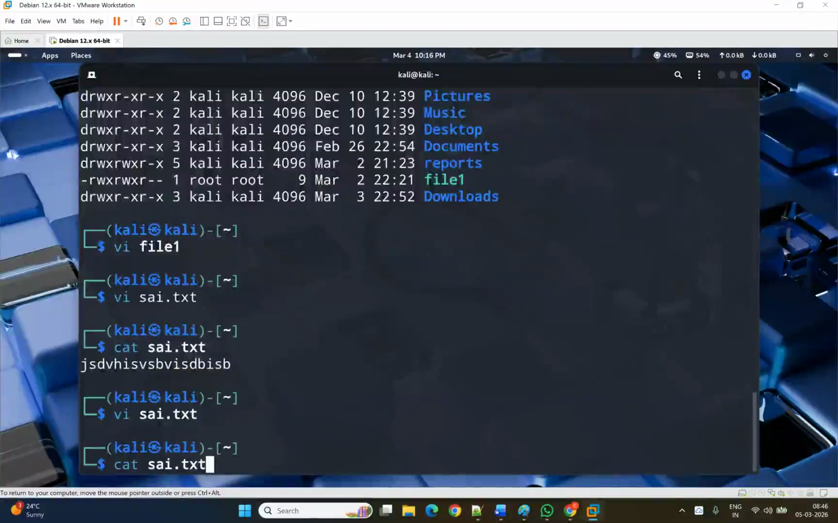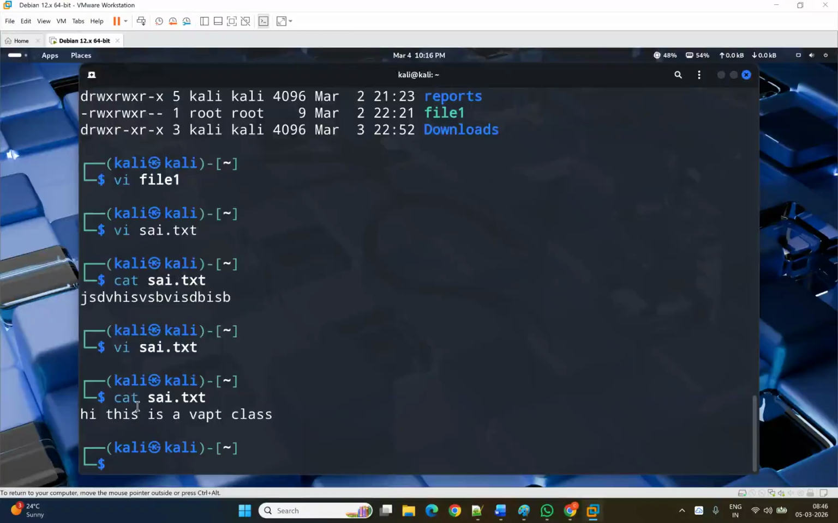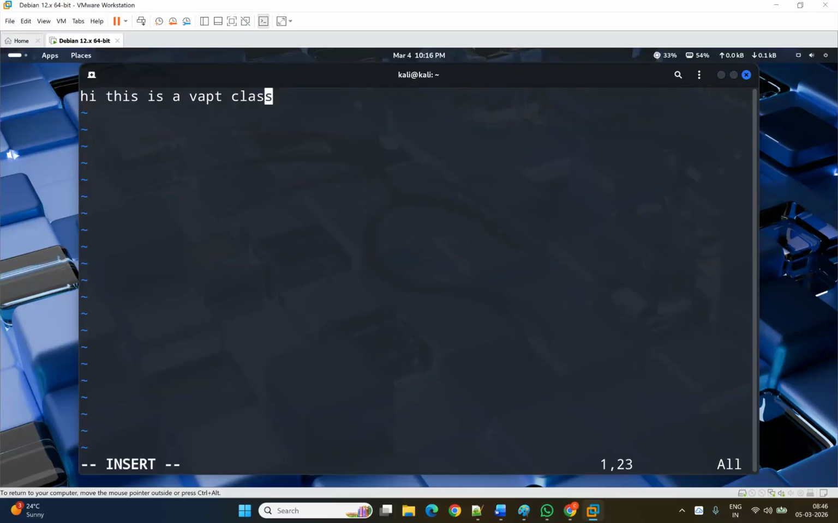Same thing, I'm going to verify whether it is modified or not. So cat psi, it is going to show like this. If I do the same thing here, I'm going to the insert mode and I'm going to